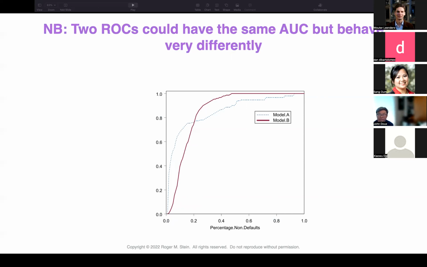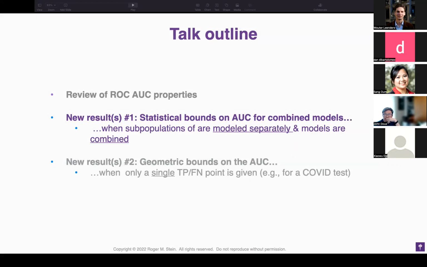So even though we're going to talk a lot about AUC, I just want everyone to bear in mind that, look, whenever you summarize something with a single statistic, you're throwing away information, and this is the information that we're throwing away. This is part of the information. All right, so